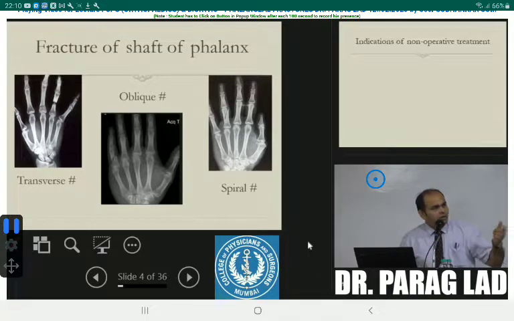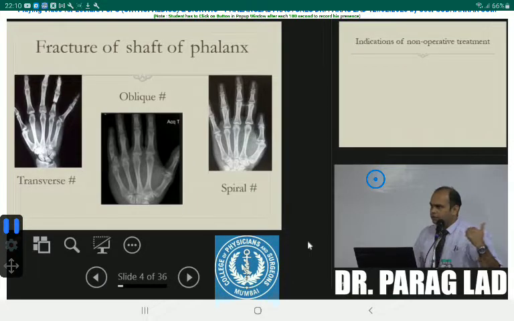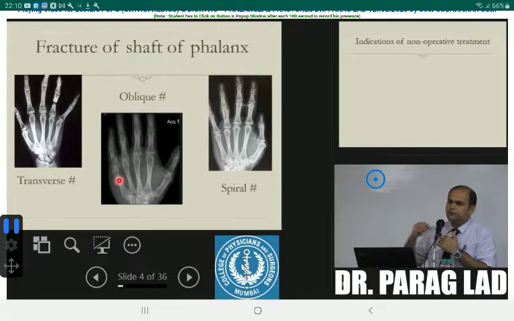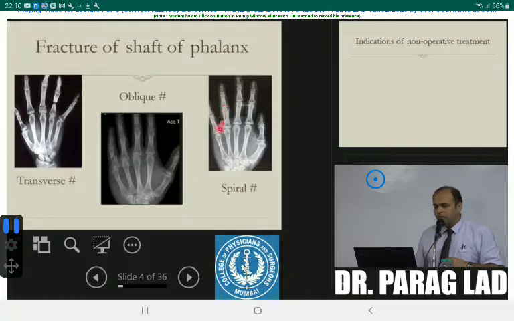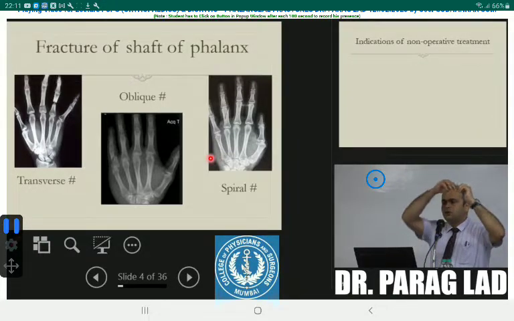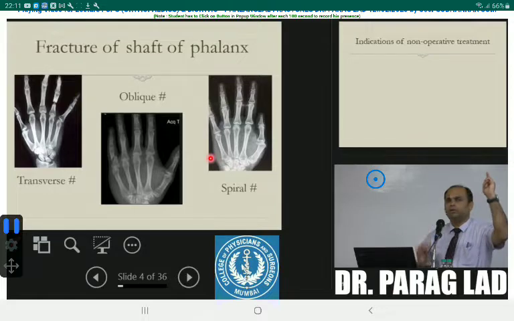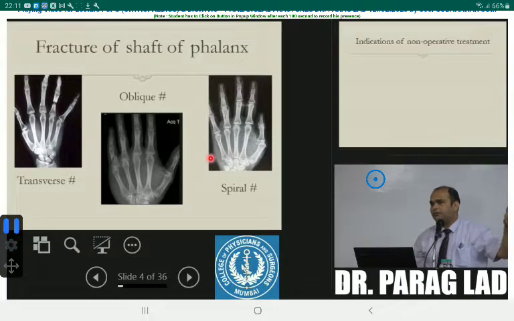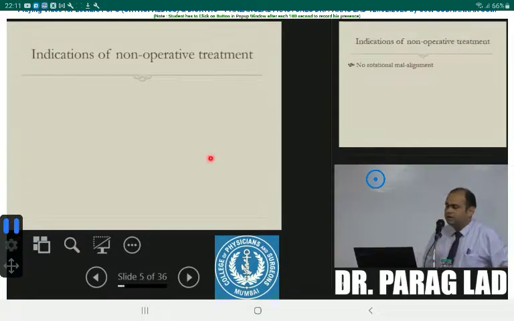When we see an oblique fracture like this, as shown in the middle X-ray, oblique fractures are usually very unstable. Even if you fix them, they rotate. And then there is a spiral oblique fracture. If you treat this fracture inadequately or inappropriately, whenever the person makes a fist, it rotates inside. They get a rotational deformity. So these fractures have to be treated very well and in time.